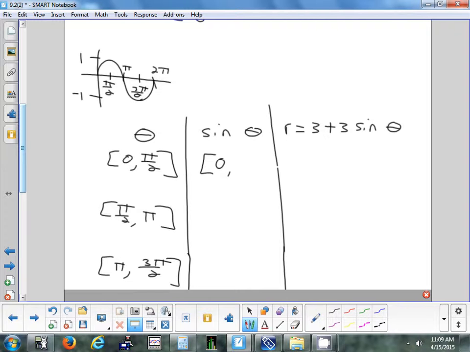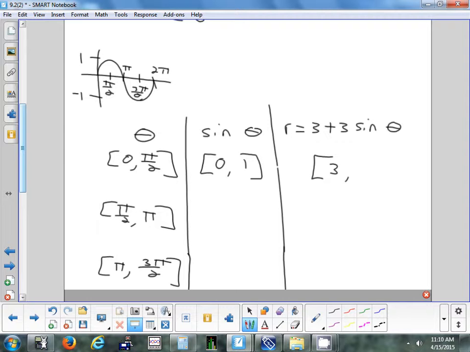Okay, so now we know what's happening to sine of theta over this interval. It's getting bigger. It's increasing from 0 to 1. Now we're going to take that knowledge and fill it into this equation. The smallest that sine theta can ever be is 0. Alex, what's 3 times 0? 0 plus 3? 3. So in my equation, the smallest my radius will ever be over this interval is 3,